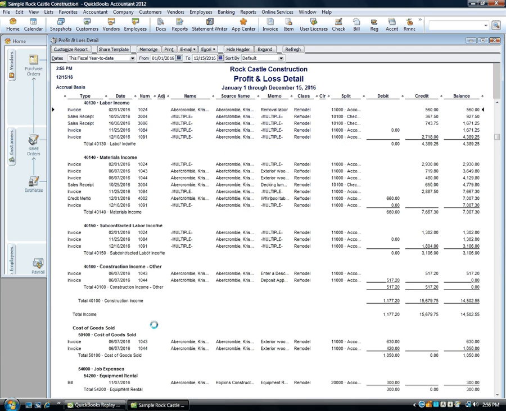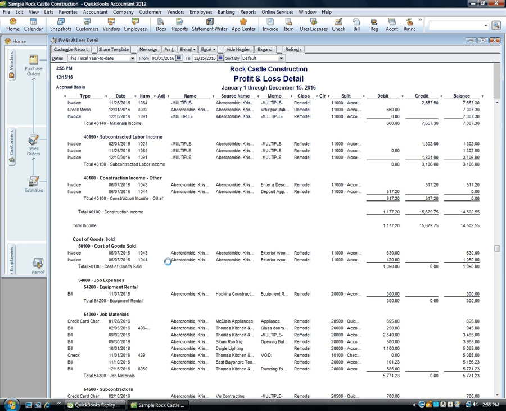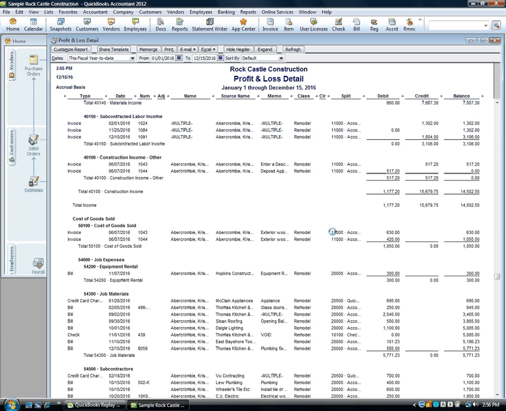So again, we're into income. So here's our cost of goods sold. So now we have some exterior wood, some materials that we have bought. We've rented some equipment, that's an expense. We rented it from Hopkins Construction. And if I had used my credit card, I would know that this charge is reflected. Again, McLean Appliance. If I charged at McLean Appliance for this customer, when I enter my credit card charge, it